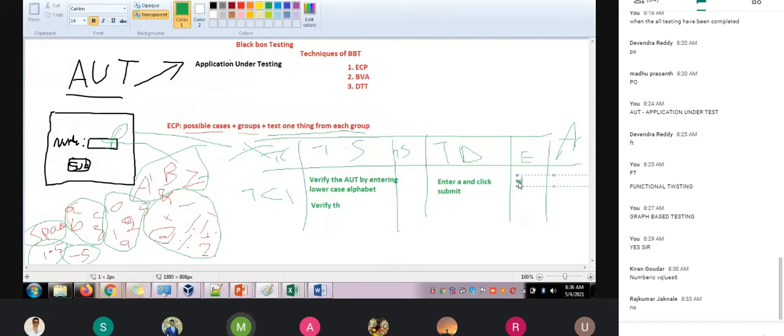What is expected here? It is a number, right? Should not accept. Are you getting, guys? Any questions? So these are called equivalence class partition. When you are writing the test case, this is the way that you need to think about when exactly the equivalence class partitions should be applied. Now imagine, any questions on the equivalence before moving to the boundary value analysis?